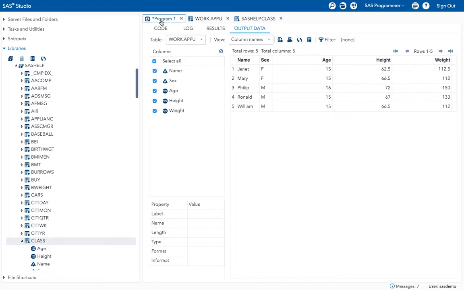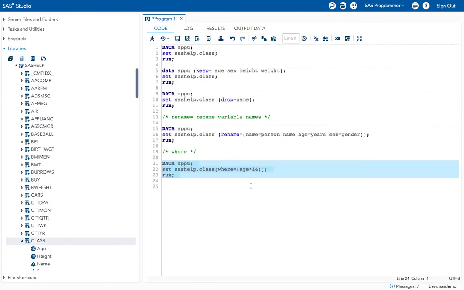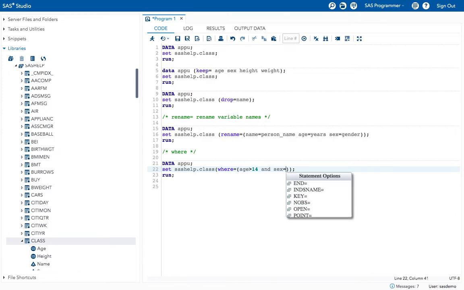Okay, you can also do something else with this. Let me show you. For example, I want only male data for those who are more than age 14. Now what I will do is give and sex equal to, in quotations, male.